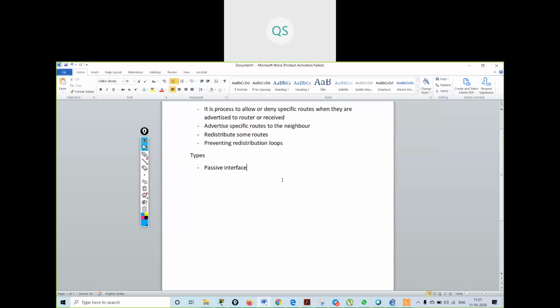So if you want this interface to not send any updates, you can make that interface a passive interface. Understood? It should not advertise. So it is a route filtering method.